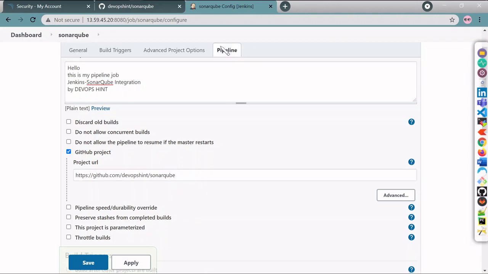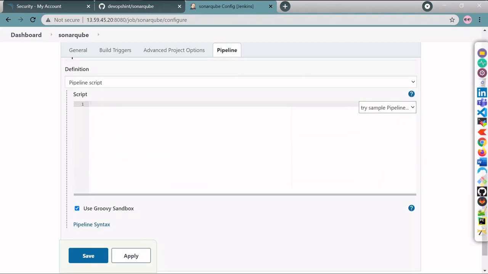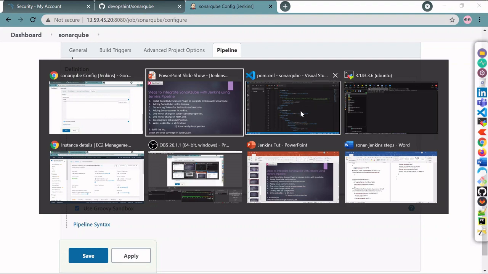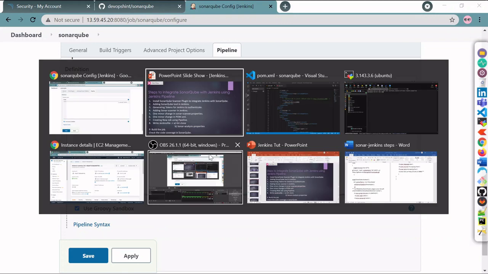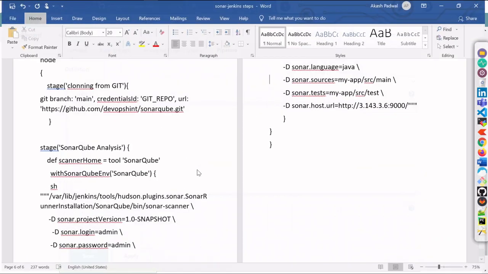Directly coming to the pipeline section, here we will write our script. First we will just clone from our Git. As we discussed earlier, we'll write the Jenkins file, and first we will do the Git cloning. I have the code in my local.